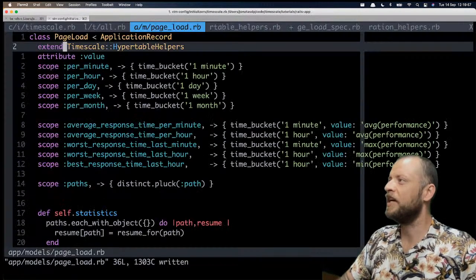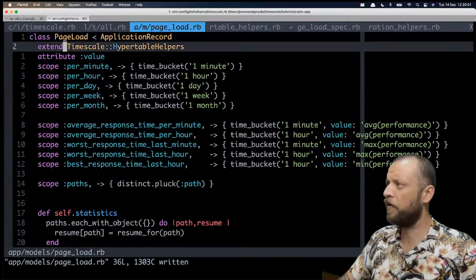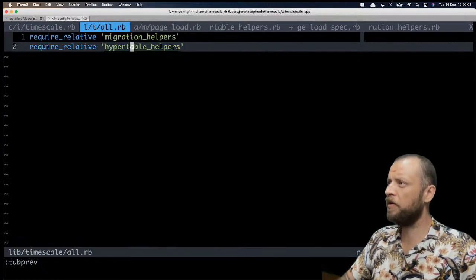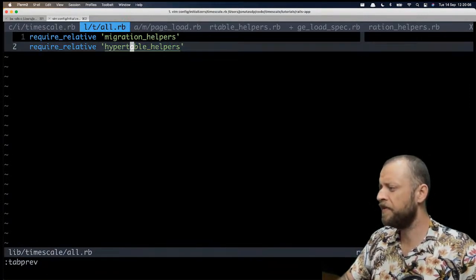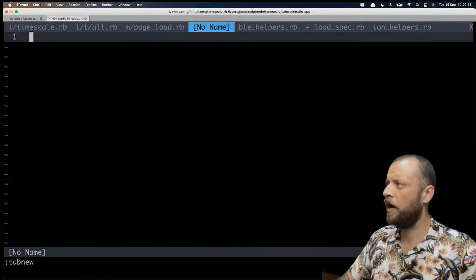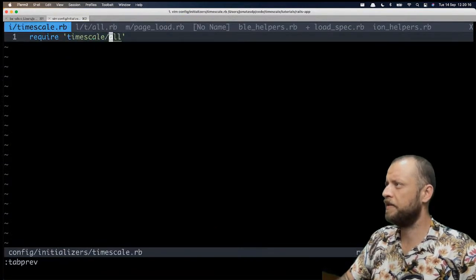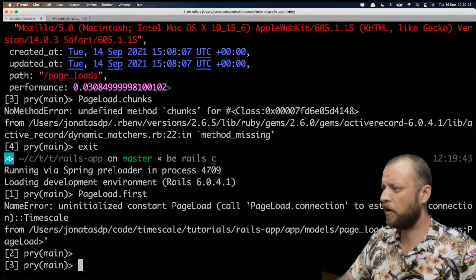So that's good. So at least we know that we have a problem with our initializer. So here we are just adding this require relative, and this is on timescale all, but we have one initializer that is this one. So when we call it